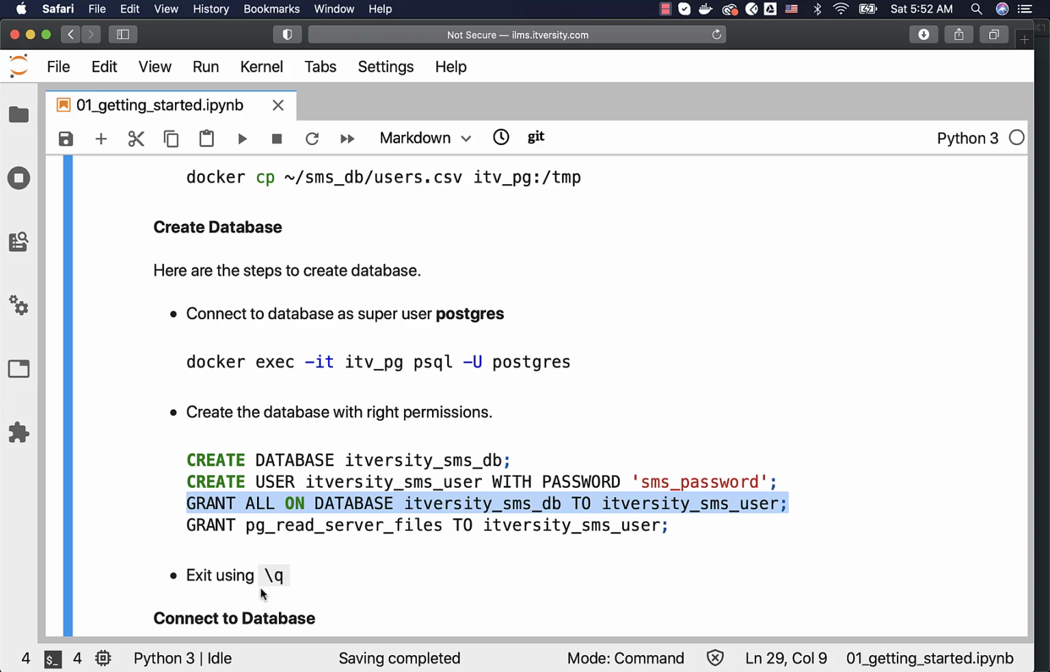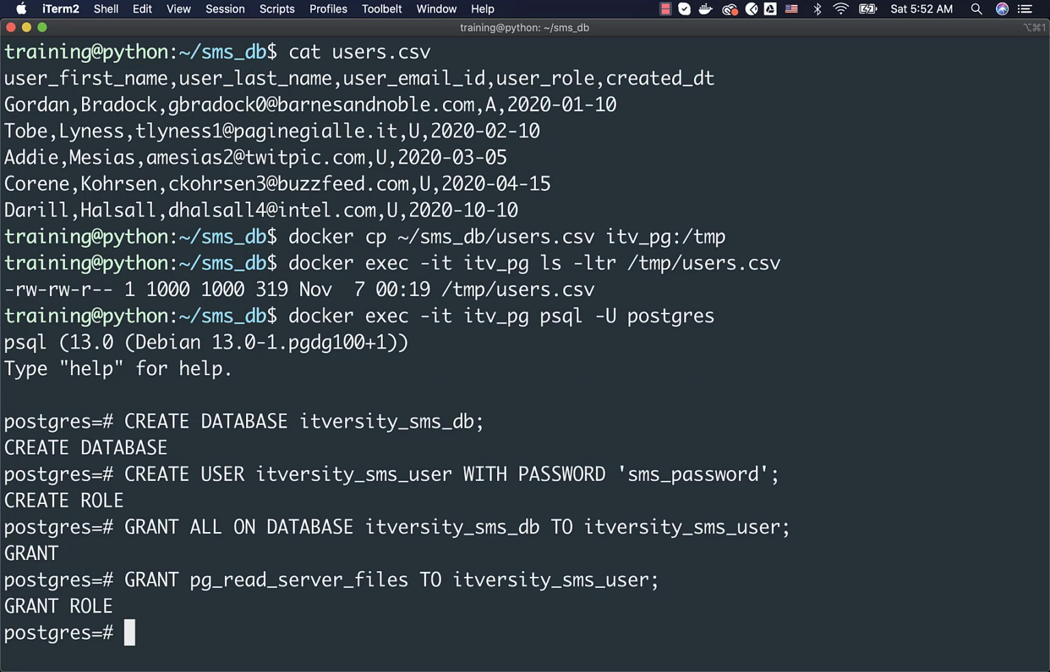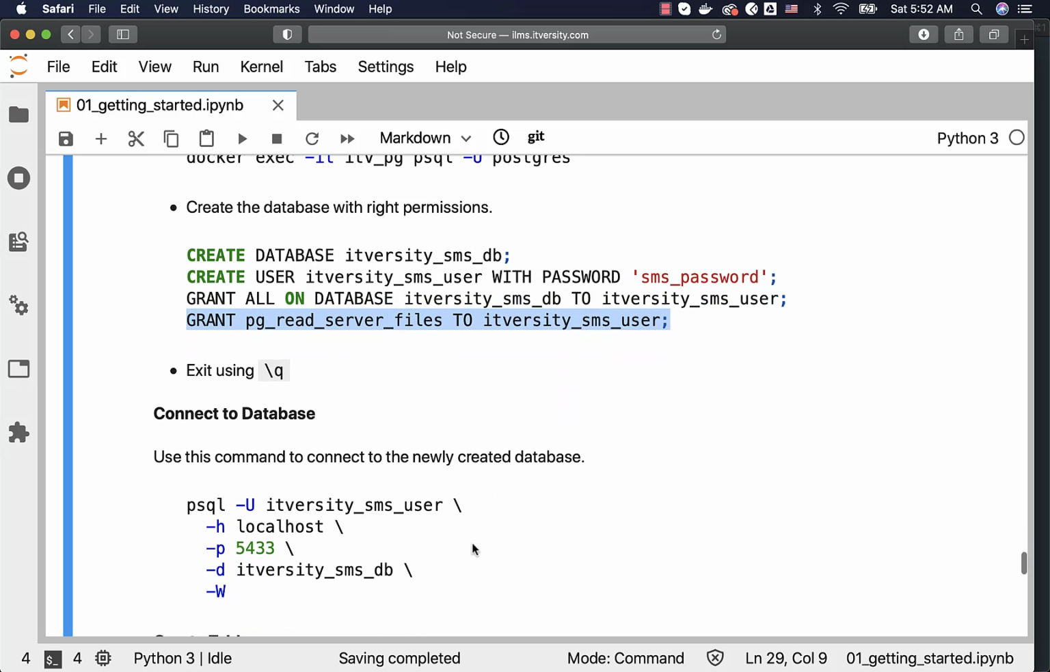However, the grant all on database does not suffice to run copy command to copy files into the database tables. For that, you have to run this command, and it will take care of granting the required permissions to run copy commands to copy data from files into the database tables. Once you grant this, now you can come out of this and you can actually connect to the database using